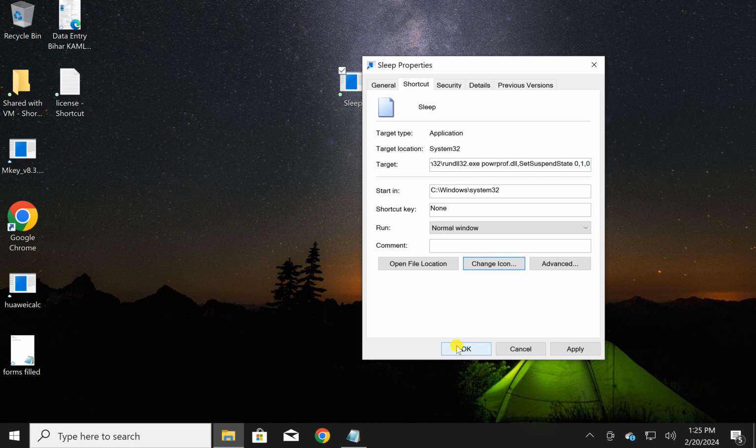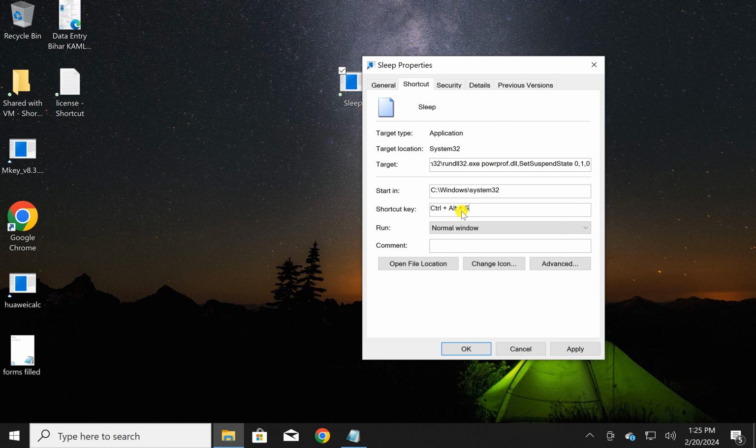In case you want to create a shortcut key for this sleep option, under Shortcut key click on this box and then you can type any letter or key from the keyboard, such as I want to press the S key for sleep.